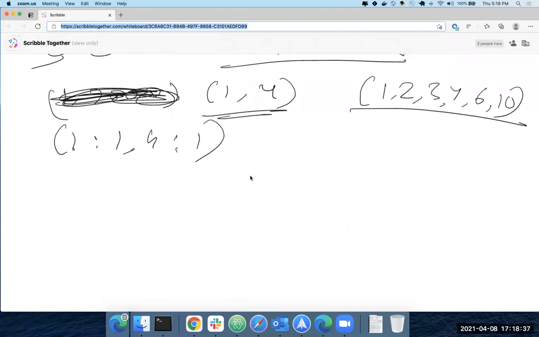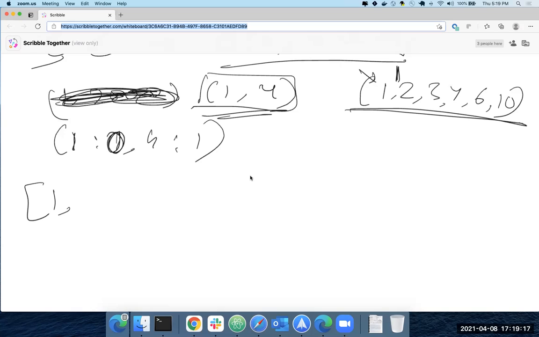So let's say this is your smaller array. You stored 1 as 1, 4 as 1. Now iterate through the bigger array, and whenever you see a key in the hash map, reduce the count. Only if the count is greater than 0, you put it in your result. So you look for 1 in the map. It is there and the value is greater than 0, so you put that in your answer list and reduce the count from 1 to 0.